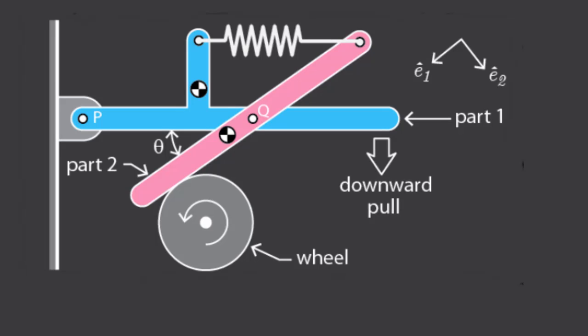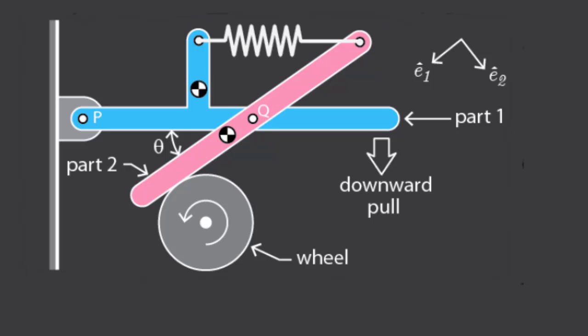The figure here shows a simple braking mechanism. Consider a wheel that is spinning counterclockwise as indicated. The braking mechanism consists of two parts that I call part 1 and part 2. Part 1 is pinned to a solid frame at point P. These two parts, part 1 and part 2, are pinned together at point Q and connected by a